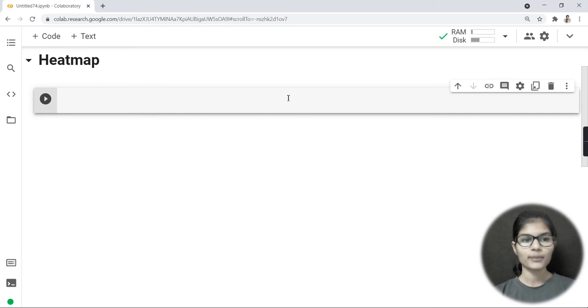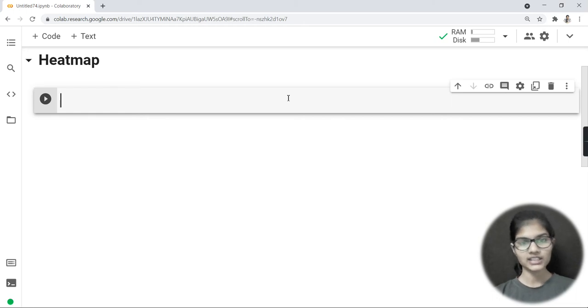Just one more thing: the first priority of my libraries will be Seaborn. That is absolutely right. Now I would be taking one more library here. Why am I taking that library? Because I want to give a particular size. In the previous video which I posted, I also told you that if you want to give a particular size to the plot which you are going to plot, then we simply give it a particular size.